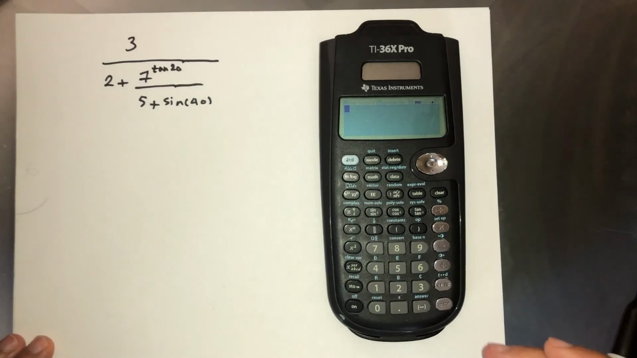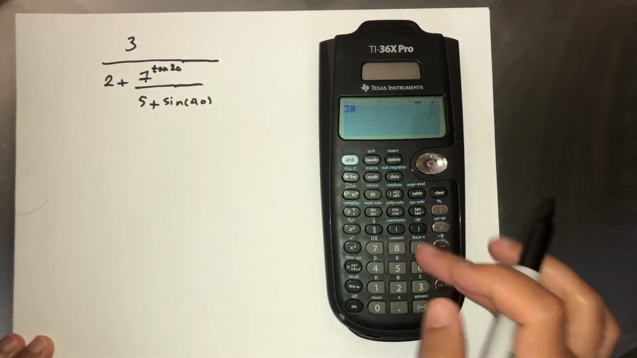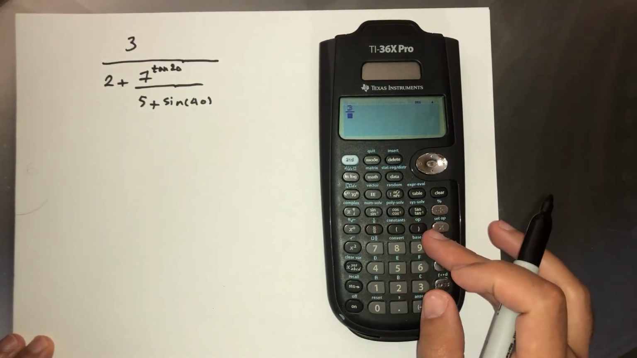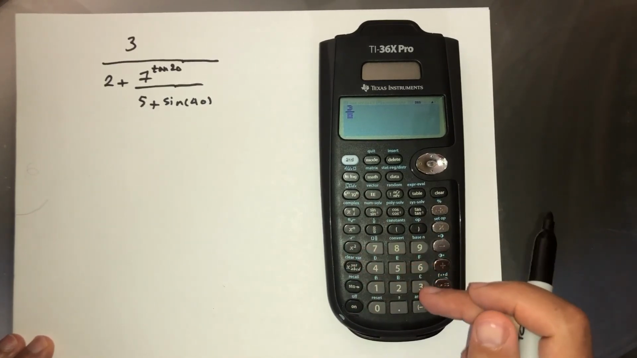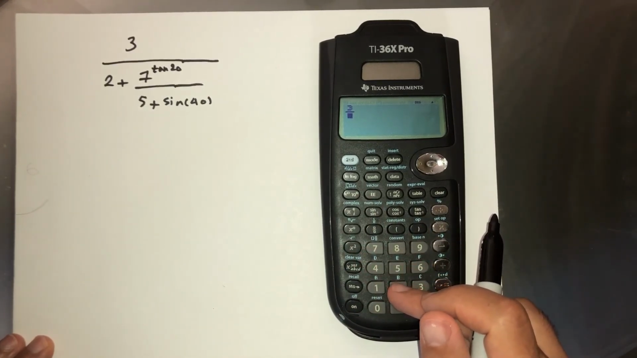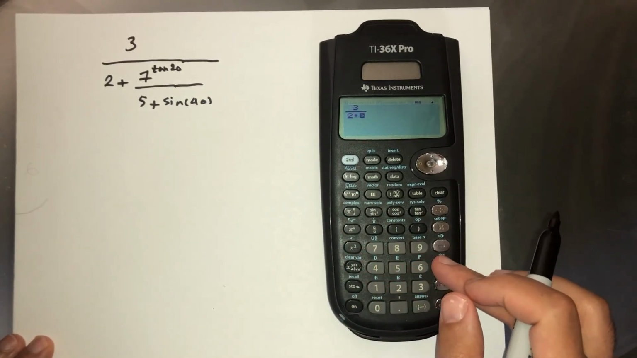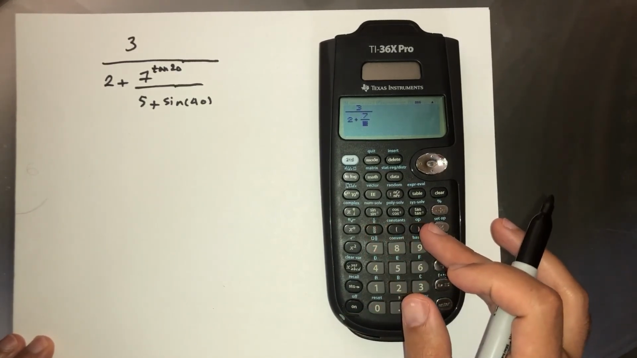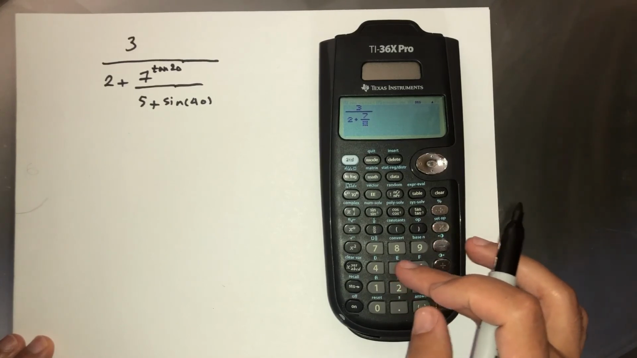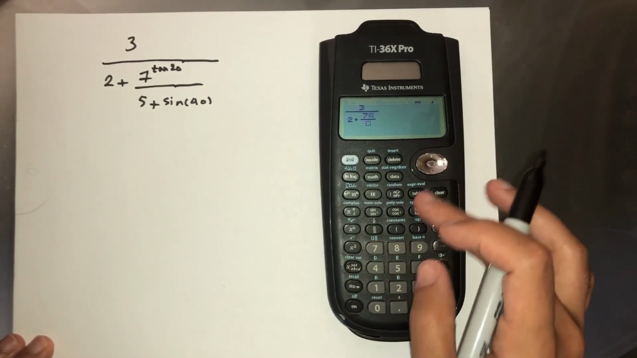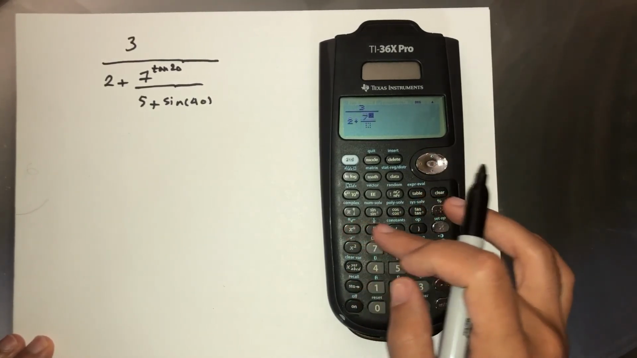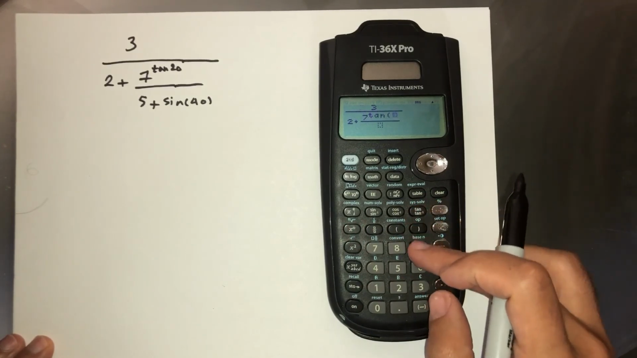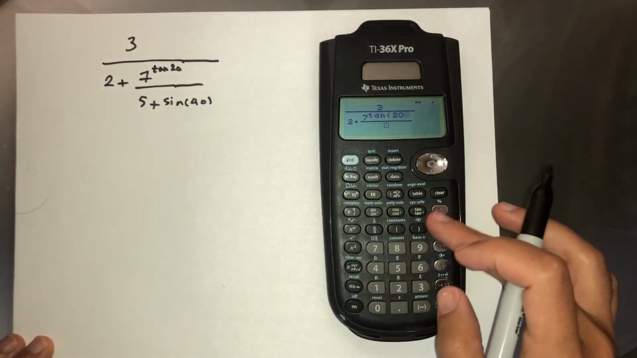So here all you need to do is just press and then use the fraction button here. It takes you to the below, so you put 2 here plus 7 and another fraction sign. Don't forget, for the top you need to power it with this guy to tangent 20, and for